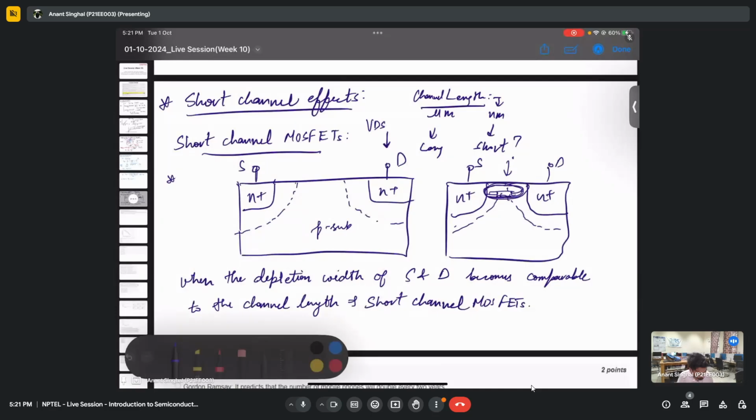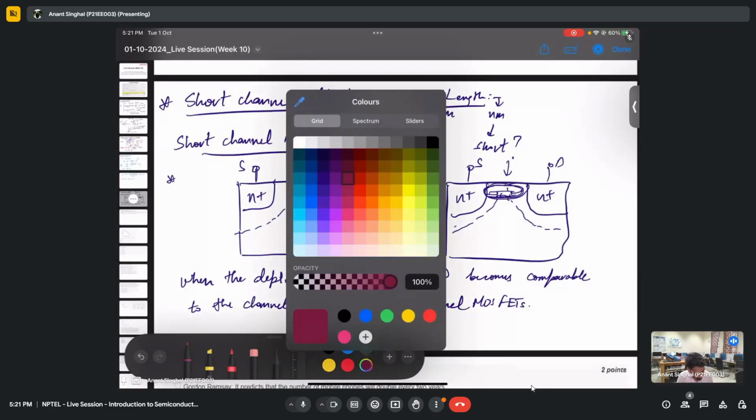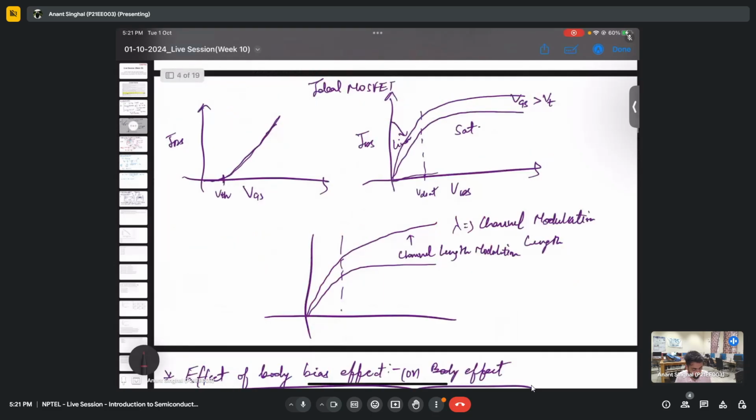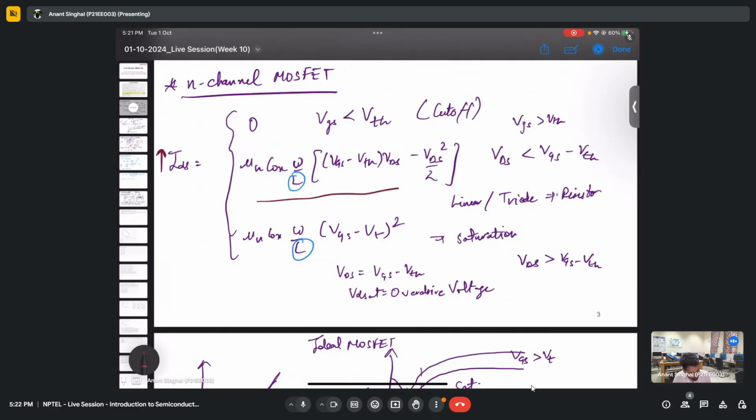You need to understand this first, that the major objective of doing anything in this course is to have more and more current. More current will make a better device, because what we want is more and more current. So let's say this is a very basic equation, and for more and more current, what we can do is either increase the mobility. We don't have that option because we have a fixed material in the channel. Let's say we are using silicon, which has a fixed mobility, then increasing the capacitance is one of the options. I guess if you have attended the previous lecture, we discussed this,